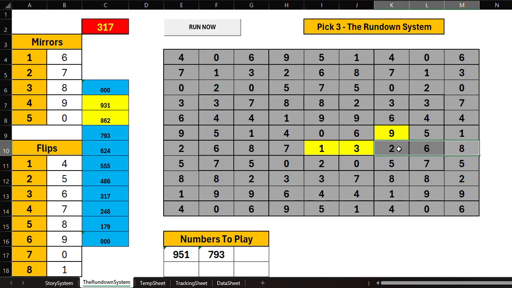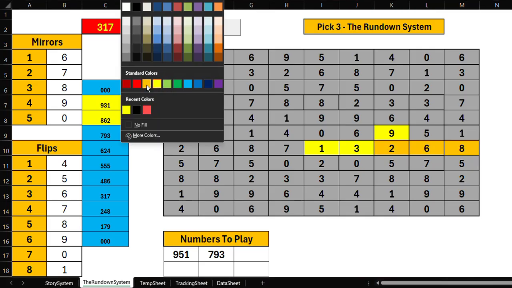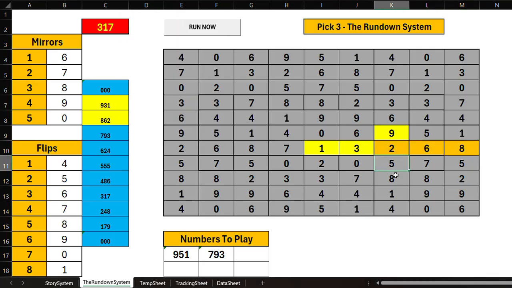See, 862 is going straight here. So let's make this a different color. Make it orange so that way we don't. So 862, 931. So we're looking for